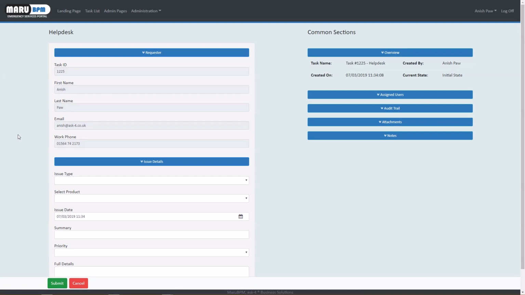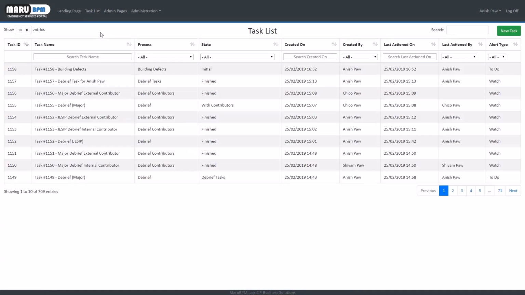The task list is the second button on the navigation bar. Tasks represent a data record that is part of a solution and requires action from a group of users, or depending on the solution, a single user. This page contains all tasks that a user has access to, either to perform an action or to view the progress. The task list page consists of the following column headings: task ID and task name,